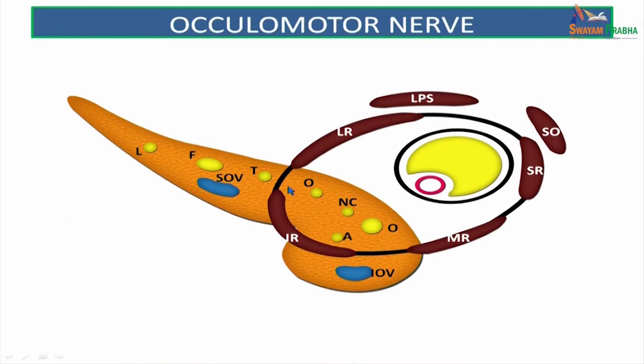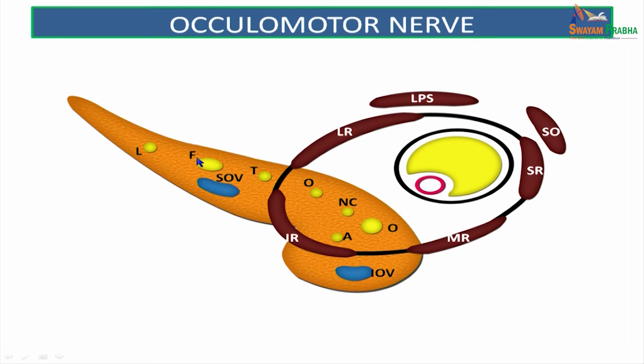rectus. Before we go into detail of these nerves, we should know how all these nerves enter into the orbit. So, all these nerves enter into the orbit via the superior orbital fissure. This superior orbital fissure is divided into 3 compartments by a tendinous ring of Zinn, which gives origin to all